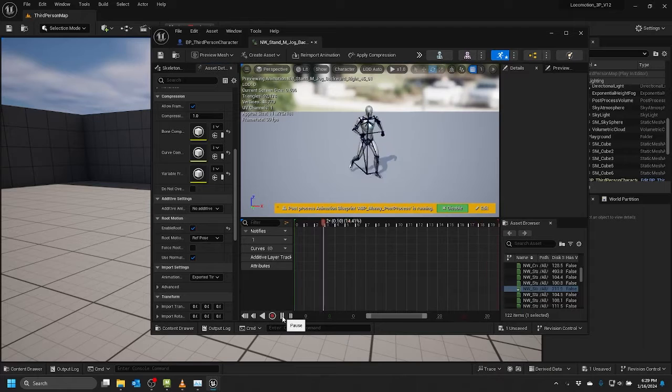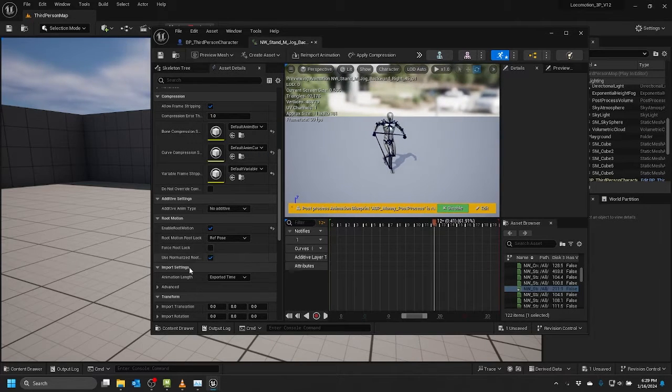And this is an Unreal thing, but root motion and force root lock. Let me see if I can expand these so you can see them a little bit better. Force root lock, while they look like they do the same thing, they do not do the same thing. Enable root motion deltas out the motion, but it retains the distance traveled,